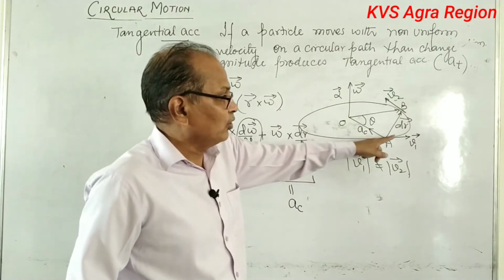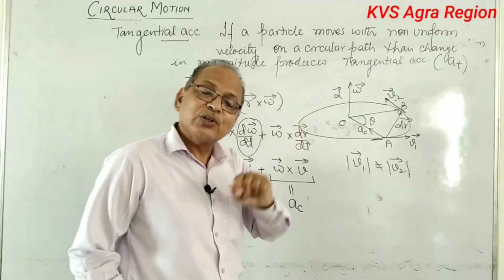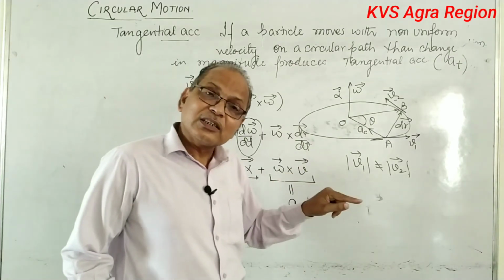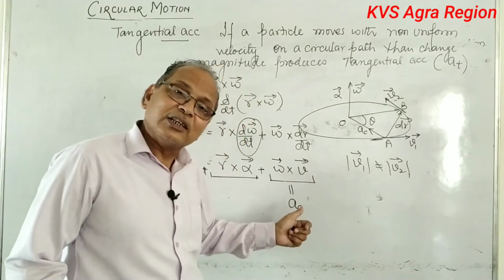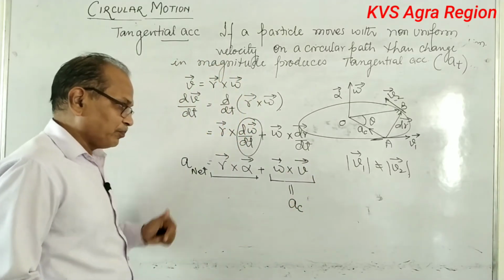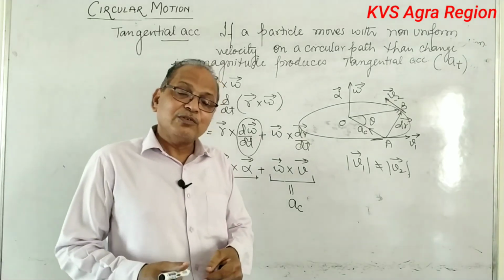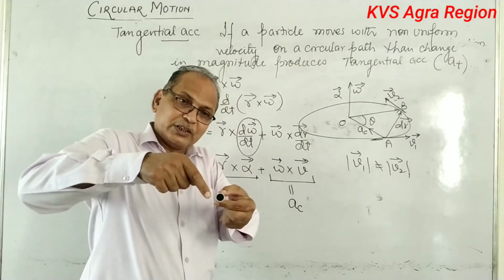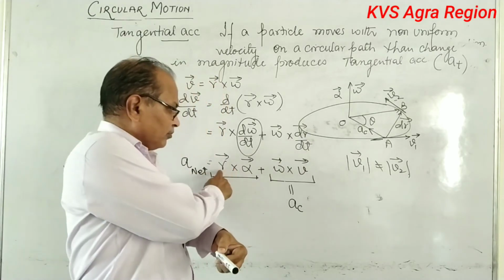See, all the vectors, velocity, acceleration and omega, are mutually perpendicular to each other. So this is the vector which is directed towards the center, and it is also acceleration, therefore it is called the centripetal acceleration. Now see, over here it is r. R is in which direction? R is in this direction. Object is moving like this.